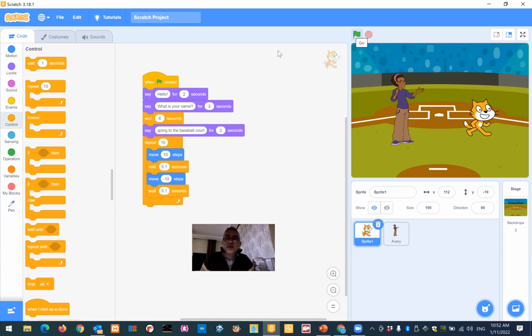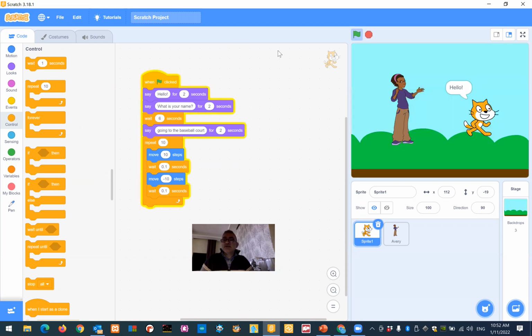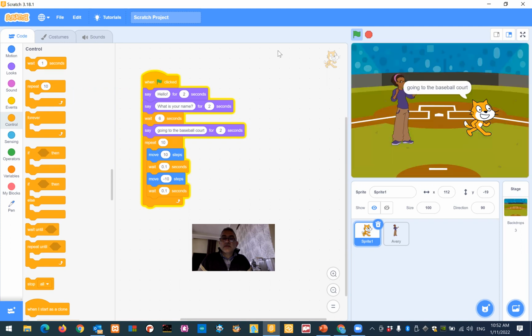I'll be trying to make it again. I click on the flag. As you can see, all is reset. What's your name? And then after, the cat is moving at the end 10 times. So here, all the concepts of animation, of movement, of changing the color of the sprite, drawing maybe, I don't know. So it will lead to really start the